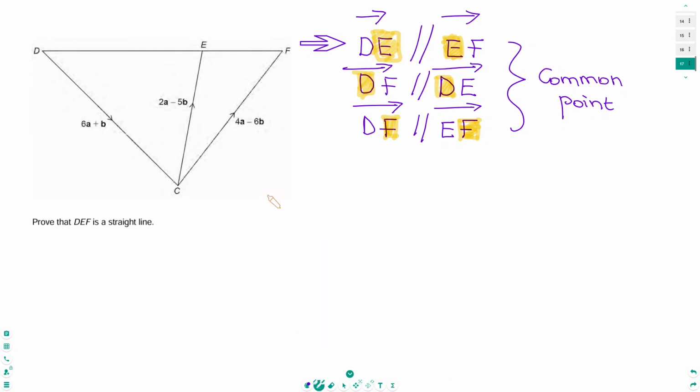Using the method of addition of vectors, we have the vector DE as the sum of these two vectors, DC plus the CE. The triangle rule. And therefore, the DE vector is